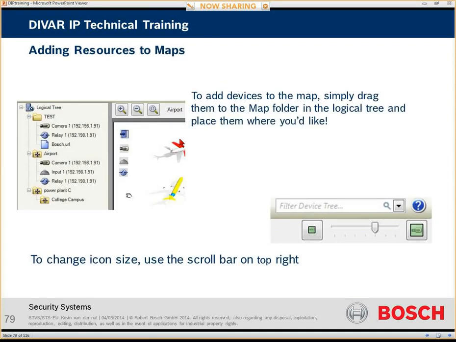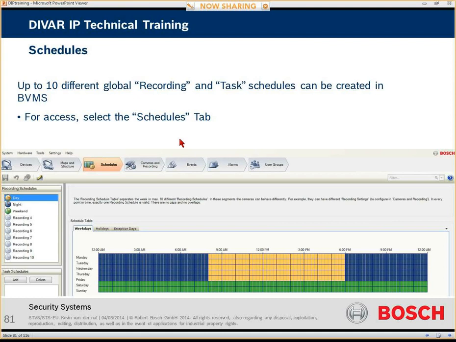And this is then basically what we can set up from the logical tree. So whichever you would like to see displayed, keep in mind that these are the options that we have. And if we then move on to the third step in our configuration client, which is the Schedules tab, this